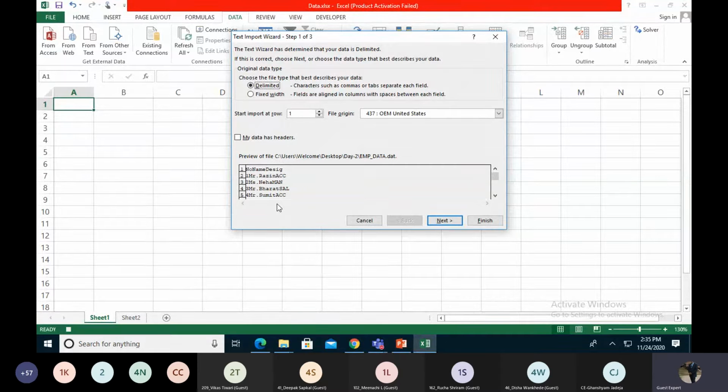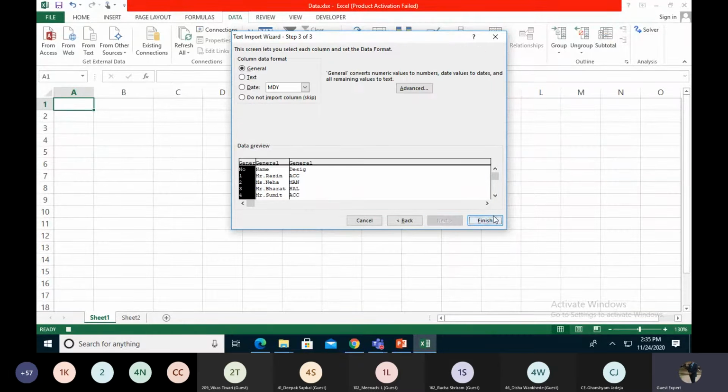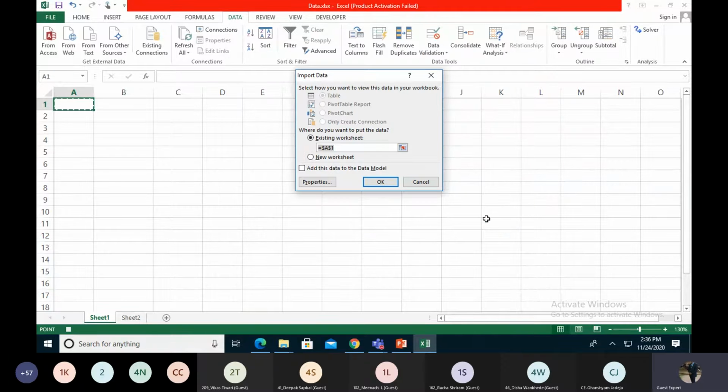In this Text Import Wizard, it shows me two options. First of all, whether you separate your data with delimiters or fixed width. Because this data is already separated by a tab or semicolons, I'm using delimiters. So I'm clicking Next over here. You can see by default the tab is selected, so all the data are segregated, and then Next, and then Finish. So this is the A1 cell where we get all the data, and I click the OK button.